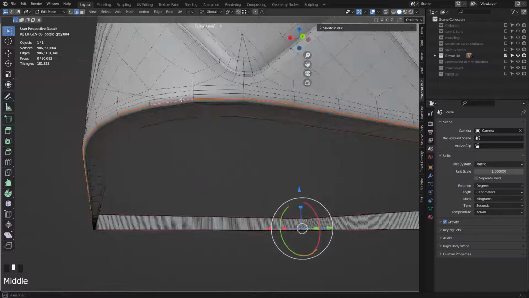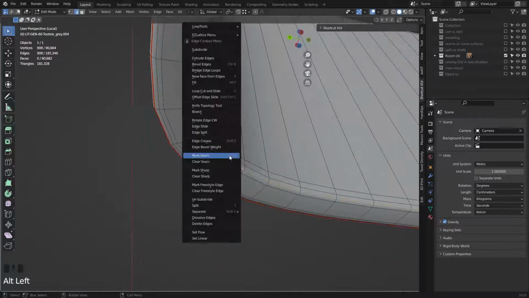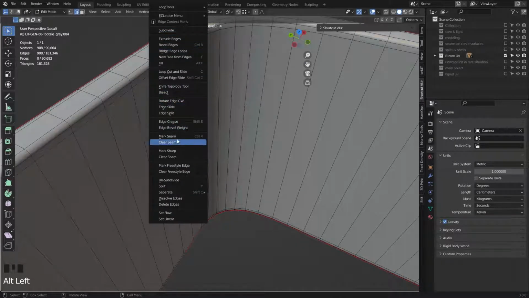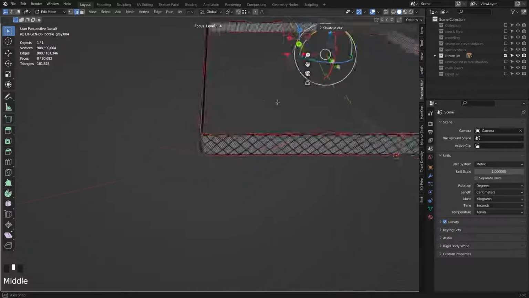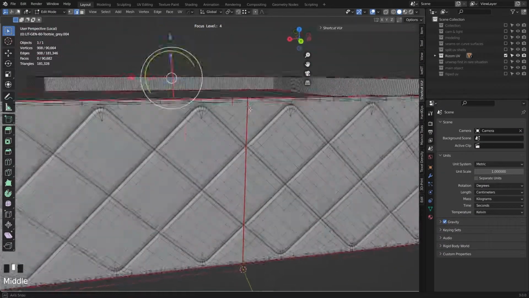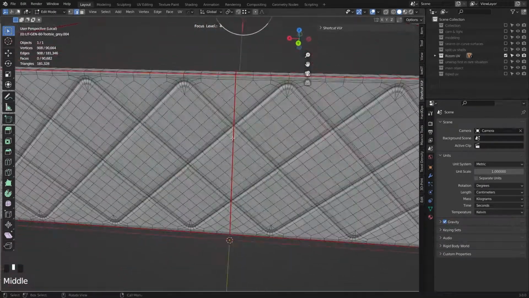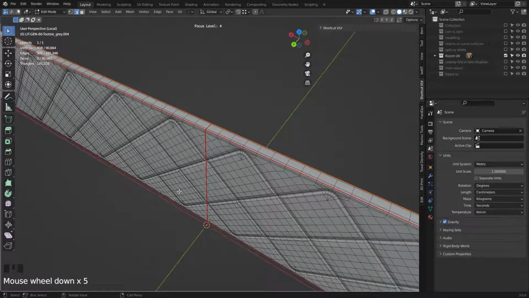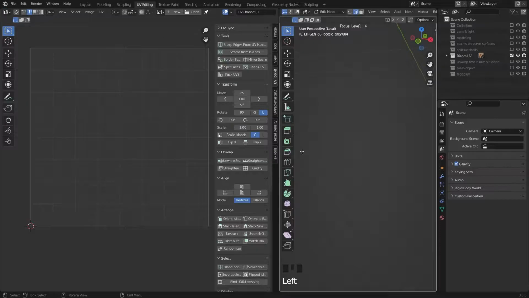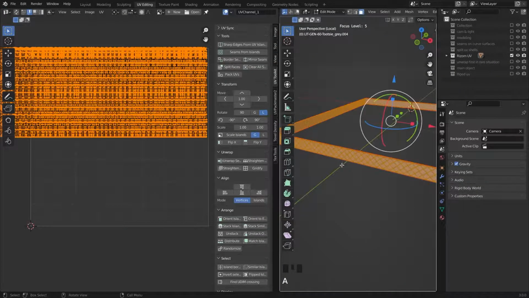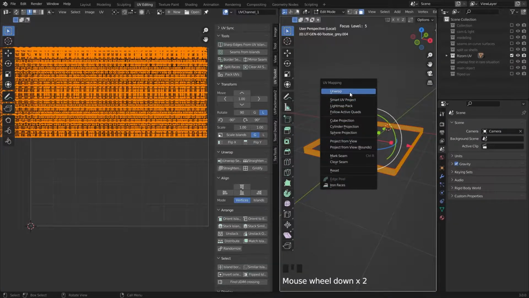Mark seam, and also here mark seam. So I need an edge for cutting here. Here I already made an edge and put a seam on it to unwrap it this way. I go to UV Editing, isolate it, select all the polygons, press U, and unwrap.